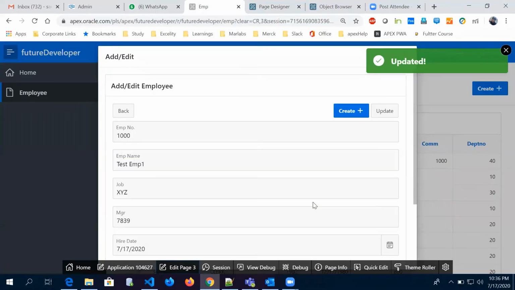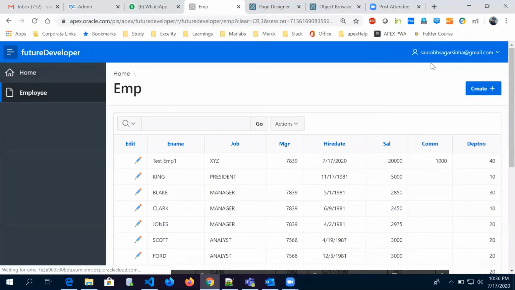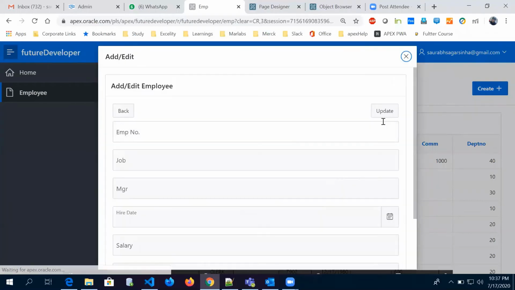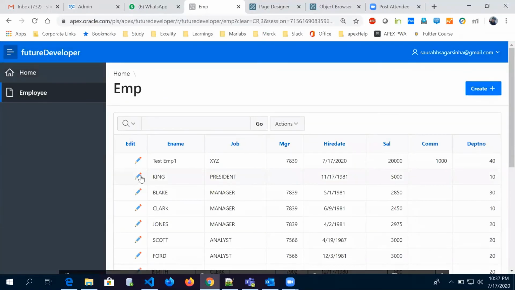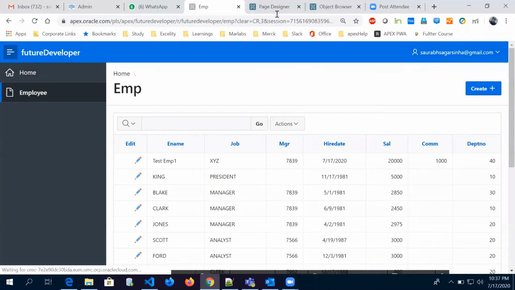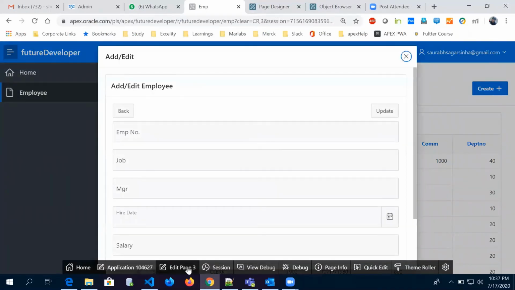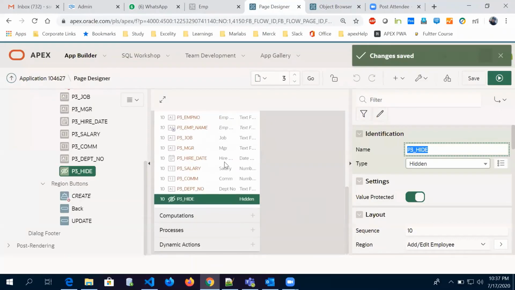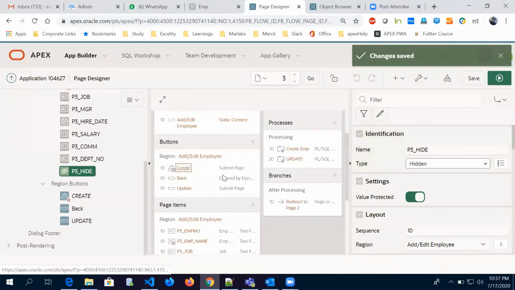So what I want, let's say if I click on this create button, I don't want this update. And when I click on this edit link, I don't want this create, and I want it should be read only or disabled. So I want to perform these two things. How we can do that? So let's go to page 3 first, and let me undo that changes what I have done for create.